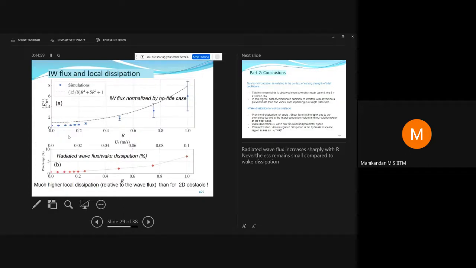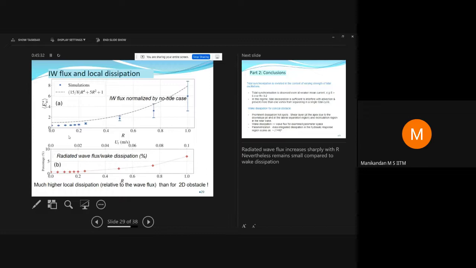So the very real interest in the oceanography community is how much energy is being radiated out from these mountain-generated waves. The reason is that all the energy that's going out would presumably give you turbulence and mixing outside. Most people have looked at topography in the context of internal gravity waves. But some of us have also been looking at internal waves and these wakes together when you